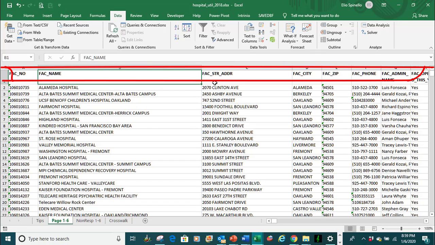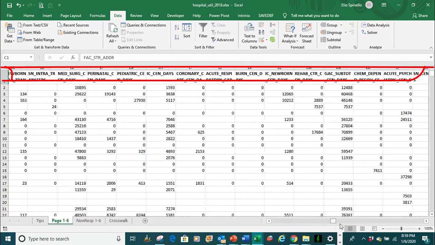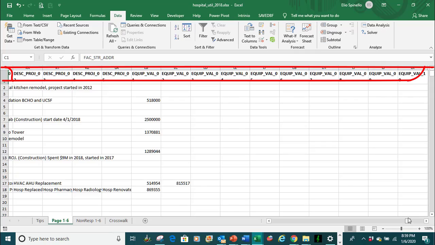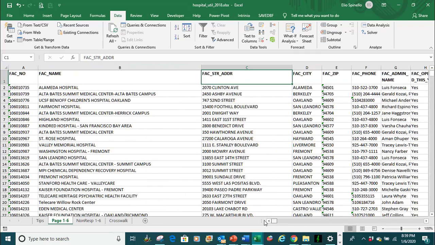So when you see FAC, it means facility, facility street address, and so forth. And if we scroll to the right, you'll see that there's just a ton of data here. We go all the way out to column MO, and I'm not sure how many columns that is, but it's a lot of columns. So once we're on the data tab, we can go ahead and turn on the filter,